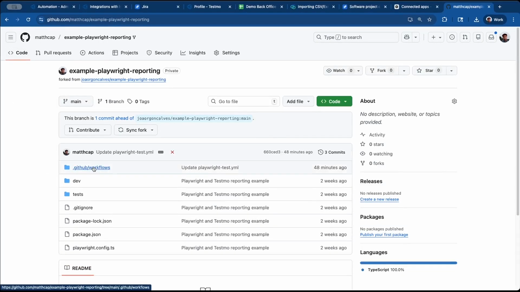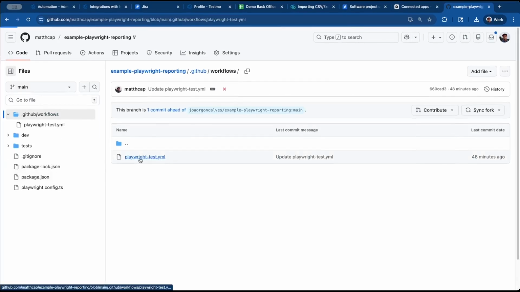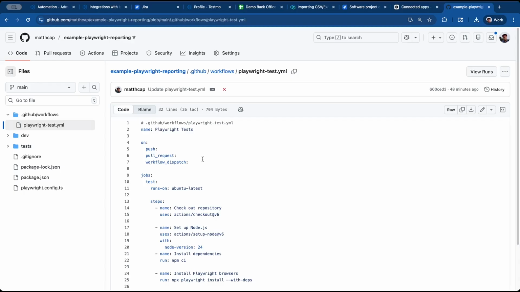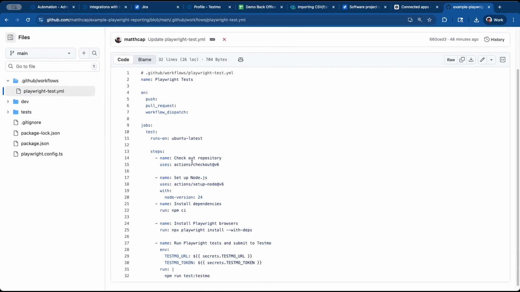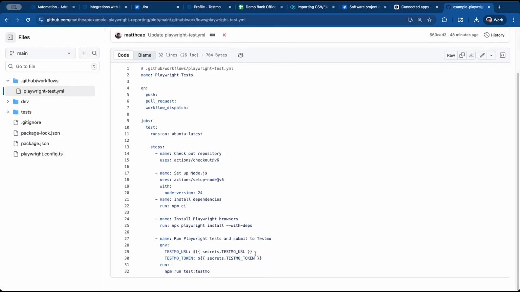And I'm using GitHub workflows to run those tests with Playwright. If I look at the YAML file for my Playwright test, you can see there's a couple different ways that I can trigger this test. And the key thing here is that we've just added a couple steps to our YAML file that allow us to reference some Testmo details like our URL and token, which I've already set up in the secrets for this